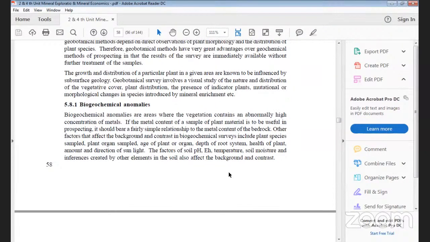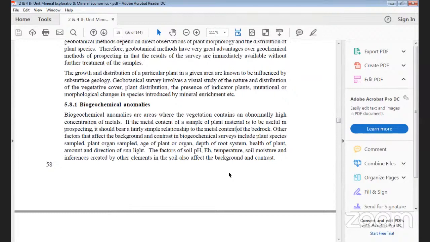These are absorbed through the root caps, so these metal contents enter the plant's body and are transported by the water throughout the